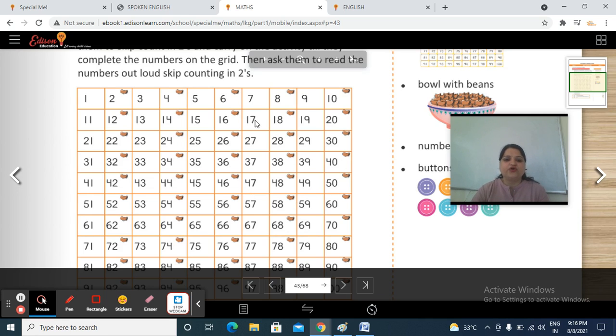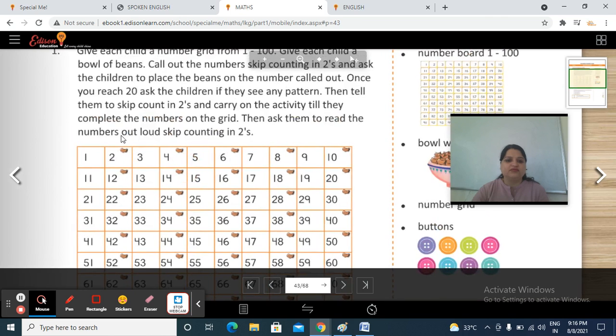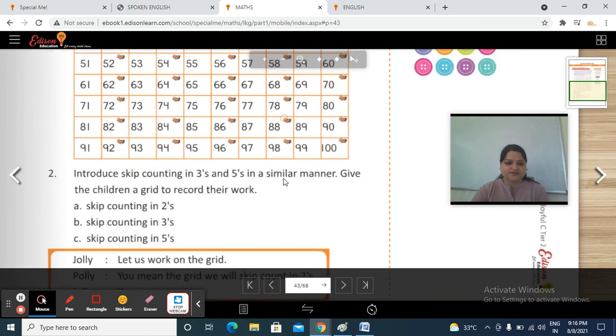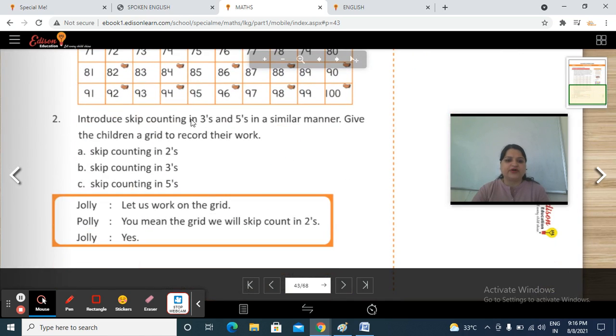Okay, so you have to complete this pattern, right? You have to do skip count in twos, right? Then introduce skip counting in threes and fives in a similar manner. Give the children a grid to record their work. Skip counting in twos, skip counting in threes, then skip counting in fives.